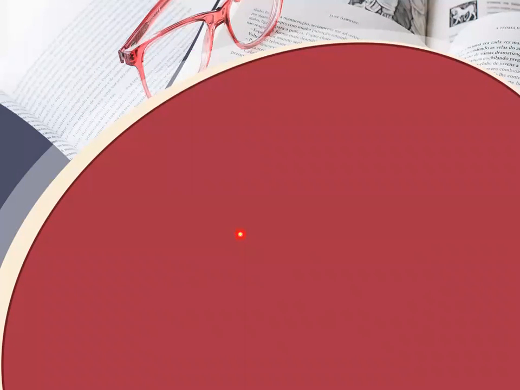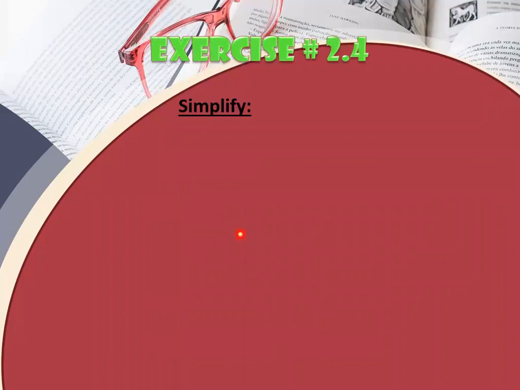Now move on to the next one. Now we are going to start exercise number 2.4, and in exercise 2.4, 2.5, you have to simplify the questions. But now I'm going to show you how to identify which type of question this is and how you are going to solve it. That's why I'm not going to provide the definition of each law. We are just going to solve the questions.